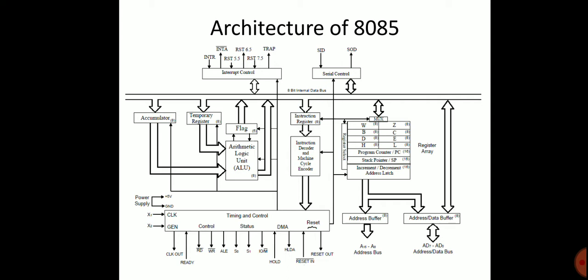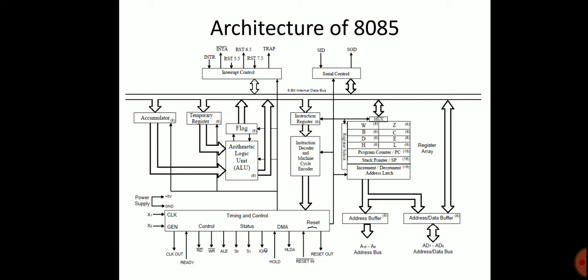The 8085A version operates at a maximum clock frequency of 5 MHz. It has 16-bit address lines, that is 2 power 16, therefore a total of 64 kilobytes of memory. It provides 8-bit input and output addresses to access 2 power 8, that is a total of 256 input output ports, and supports 74 instructions with the following addressing modes. What are the addressing modes? Immediate addressing mode, register addressing mode, direct addressing mode, indirect and implicit.